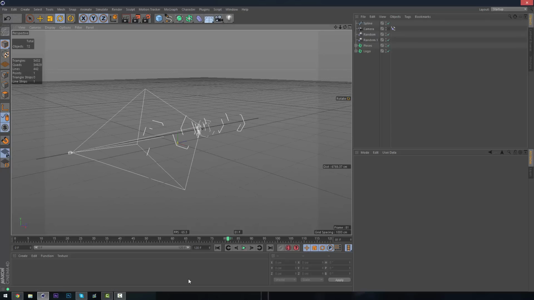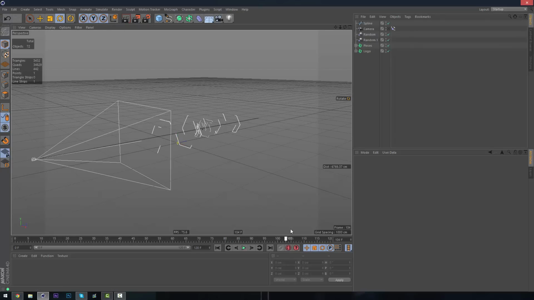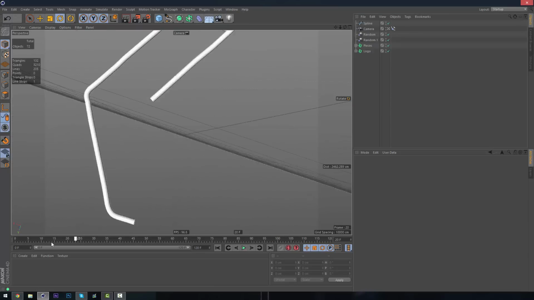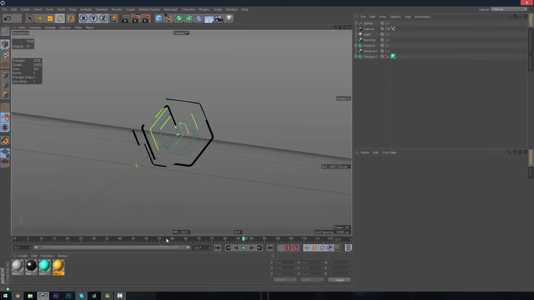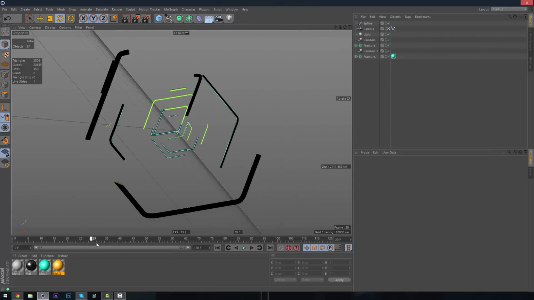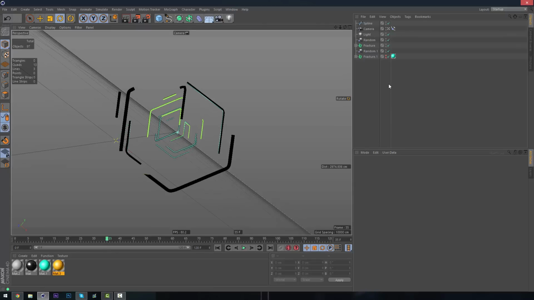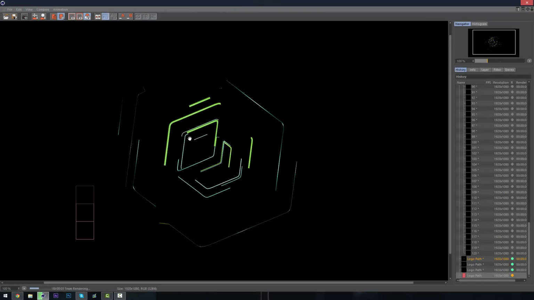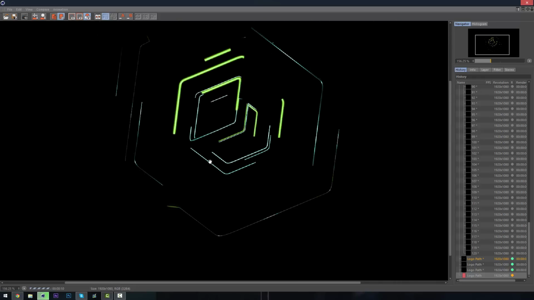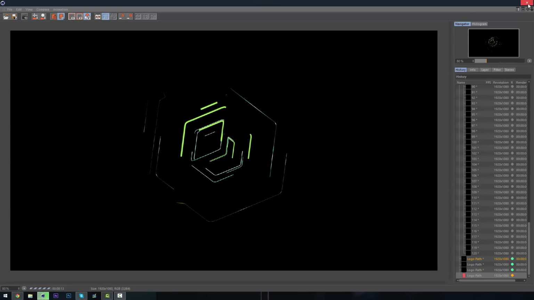If we come out of the camera, you'll see this is the overall animation that I did. Go back into the camera. Now the last thing to do is some texturing. So we'll go to our original one here. Now I wanted to go for a neon glowing style sort of theme, so if we quickly just render this out, you see we got some nice vivid greens and then some dark shiny greys and also a bit of blue in there. And I just thought this looked fairly nice,